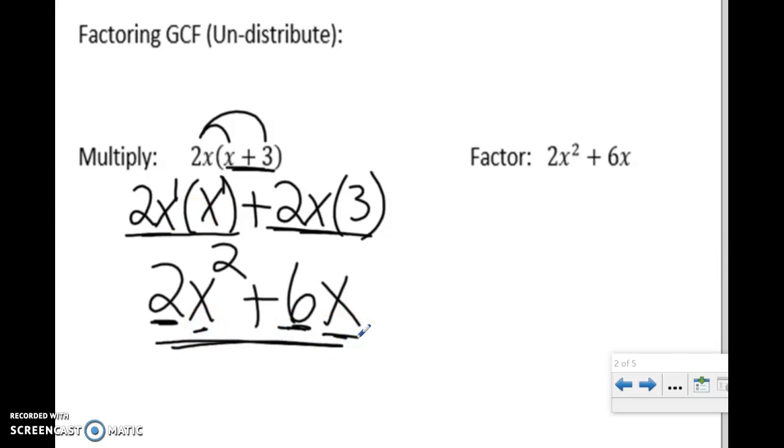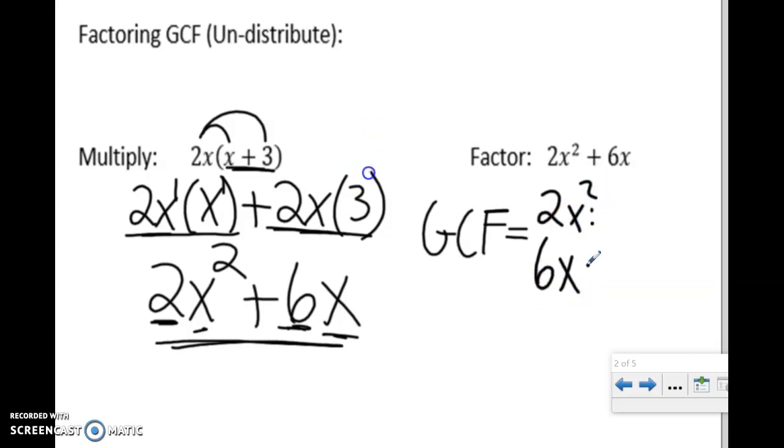Now it's our job to take it out. This is going to happen by thinking about what we put in, or what they have in common. So a greatest common factor, GCF. If we look at the 2 and the x squared, and the 6 and just the x, and break it up into two things,